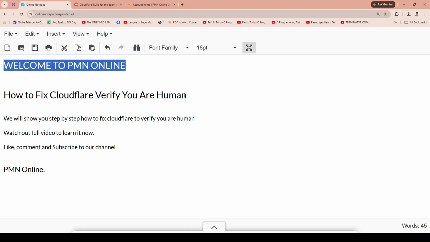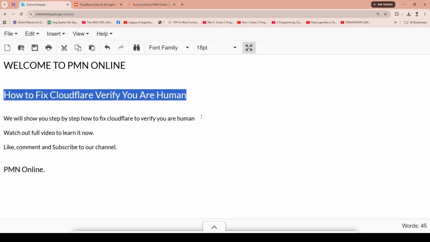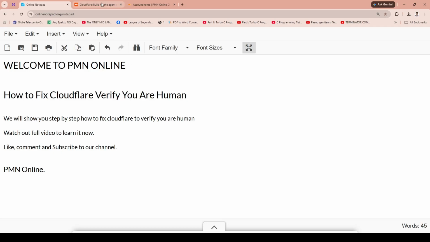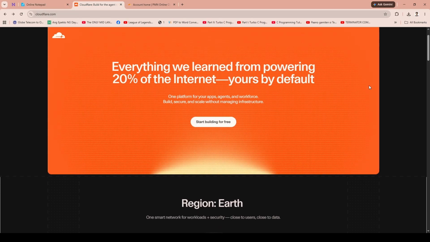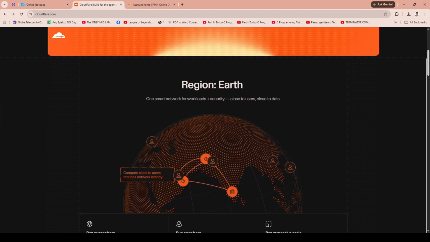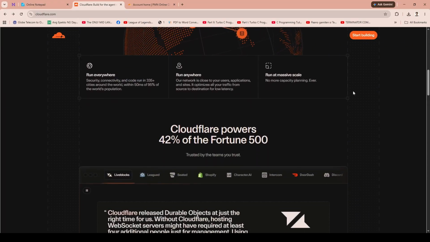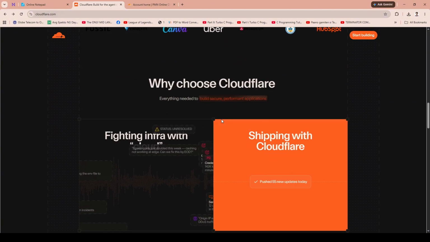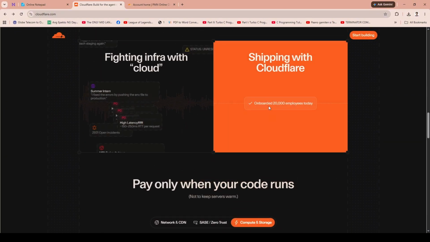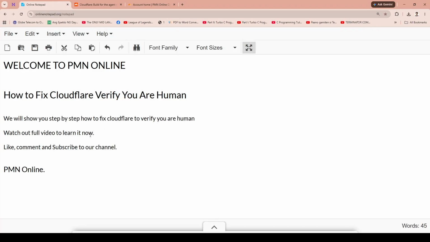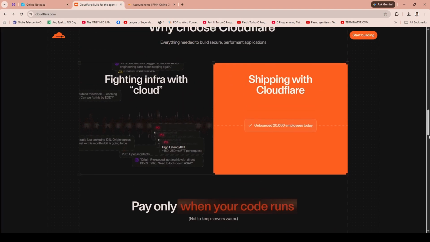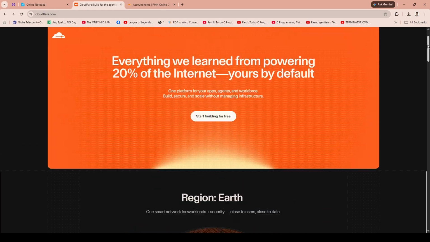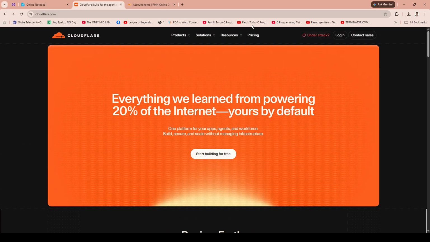In this tutorial, we will learn how to fix Cloudflare Verify You Are Human. If you've ever encountered that pesky Cloudflare prompt asking you to verify if you're a human, you know it can be both confusing and slightly annoying. This issue often arises unexpectedly while you're browsing, and it can become a real hurdle when you're trying to access your favorite websites. But don't worry, we're here to guide you through a simple and effective solution to tackle this problem. By the end of this tutorial, you'll have a clear understanding of how to fix this issue and enjoy a smoother browsing experience. Now, let's dive right in and explore the steps you need to follow to resolve this